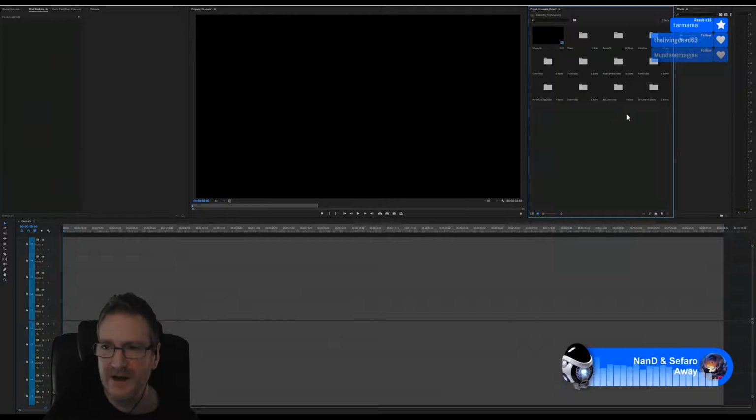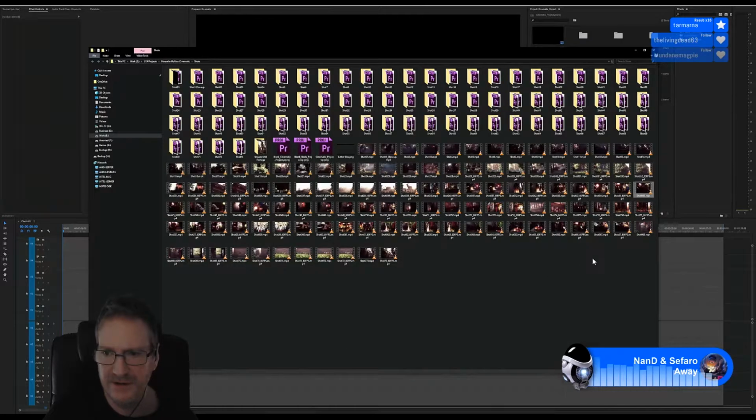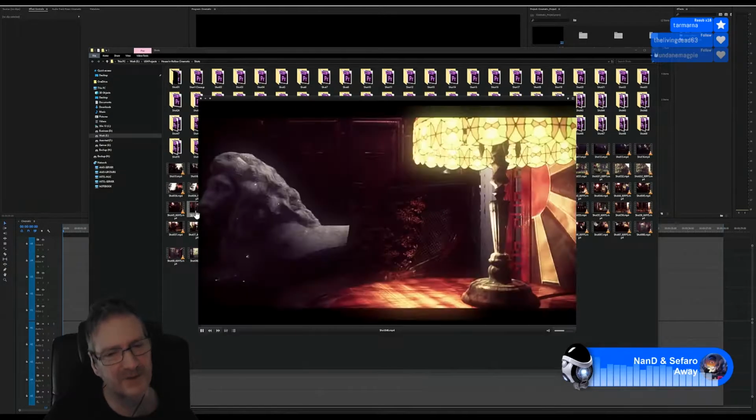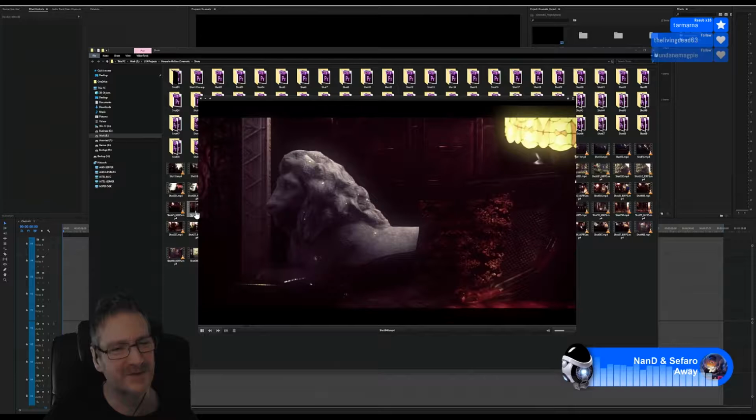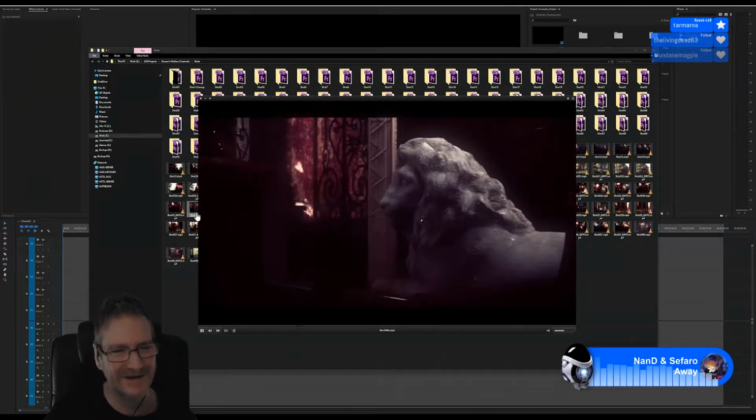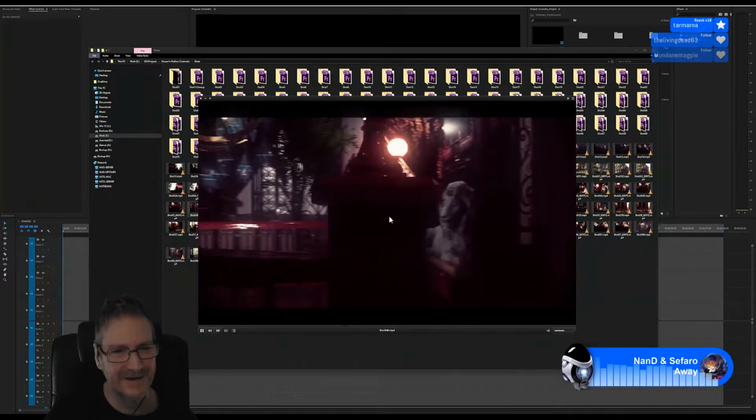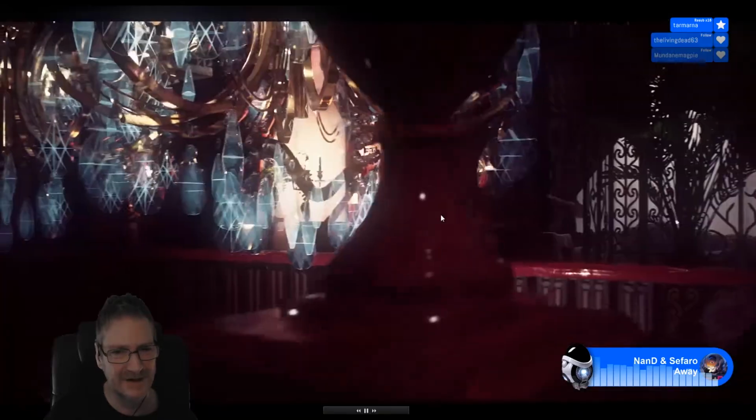Okay, so we have the entryway, the main stairway, and then we're going to go to shot 46. I'm going to call this the ballroom, even though it's not a ballroom. I'm calling it the ballroom. It's the upstairs section.